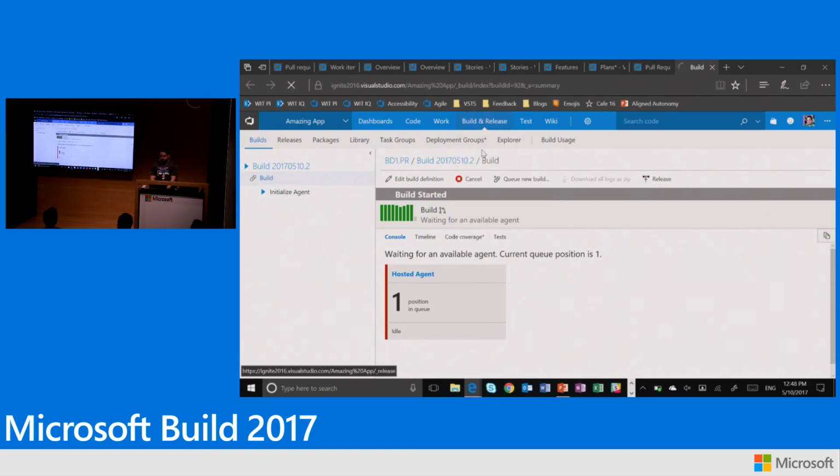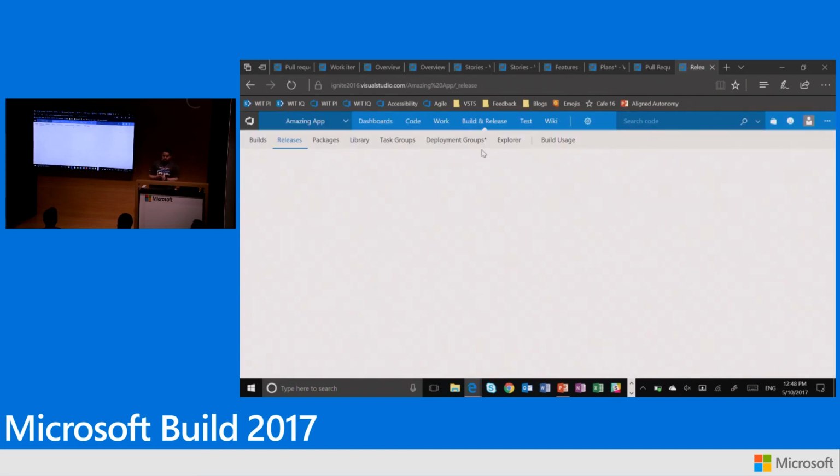And just for completeness, if I were to go to release and take a look at my past releases, I can actually do the same flow but backwards. So I can start from a release or from a build, then navigate to the code change, then navigate to the work item that's tracking that change. So a lot of really good value, a lot of really rich and good functionality.